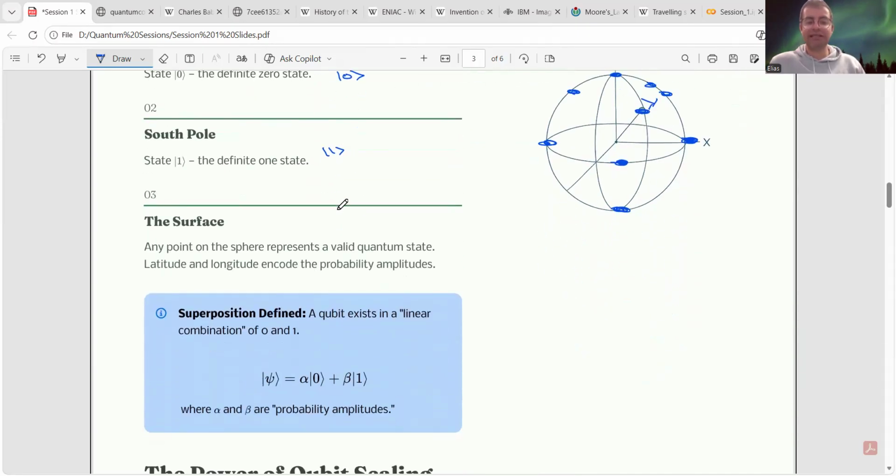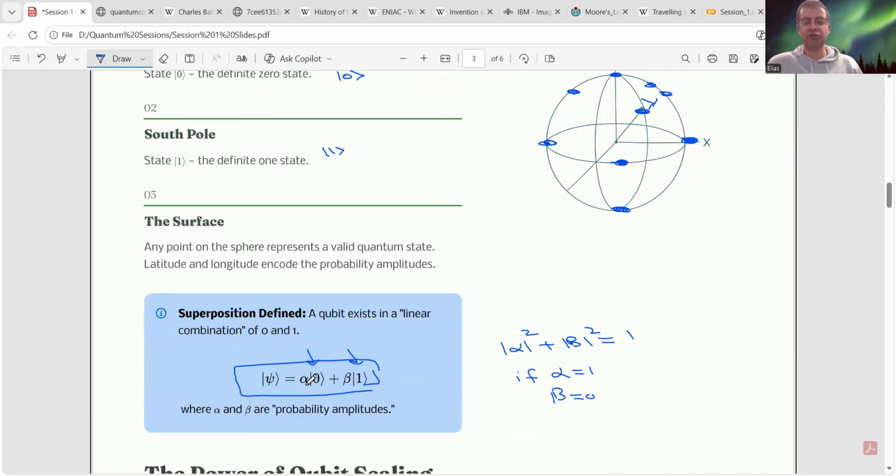And now if we want to show the state of a quantum computer, this is the way that I'll show it. It's just a combination of a state 0 and a state 1. Now this alpha and beta can be any number between 0 and 1 here, but we just know that alpha plus beta is going to be 1. For example, if alpha equals 1, then beta must be 0. But don't worry about it. Just know that the quantum state can be shown with the combination of 0 and 1 like this.